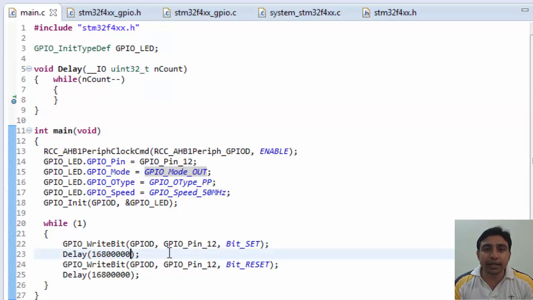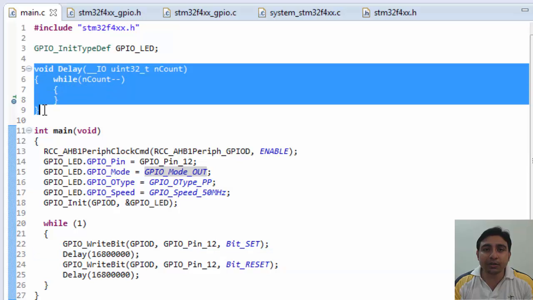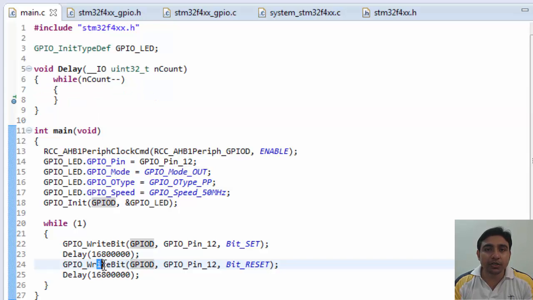So actually our delay here is due to this processing to bring the integer value to 0 one by one. So right now we are passing 168,000,000 to the delay function. Hence our LED will first light on, then this delay function is called with 168,000,000 value. Then this delay function will continue to loop until the 168,000,000 value becomes 0. After that it will return to our main code where it will switch off the LED